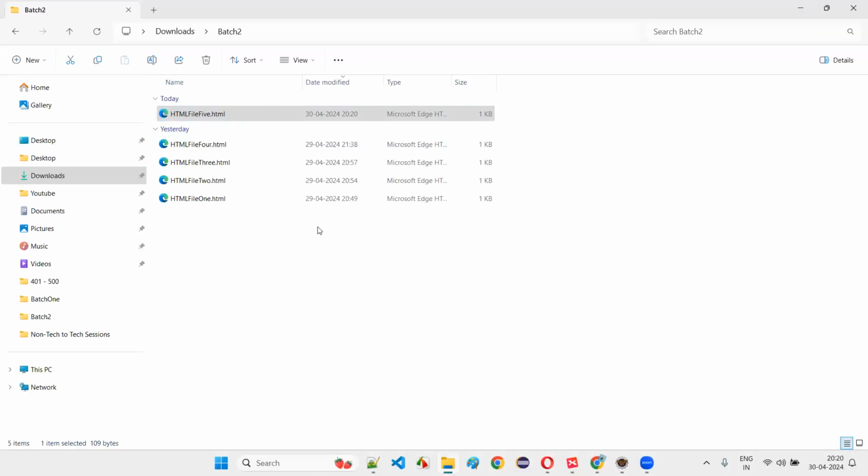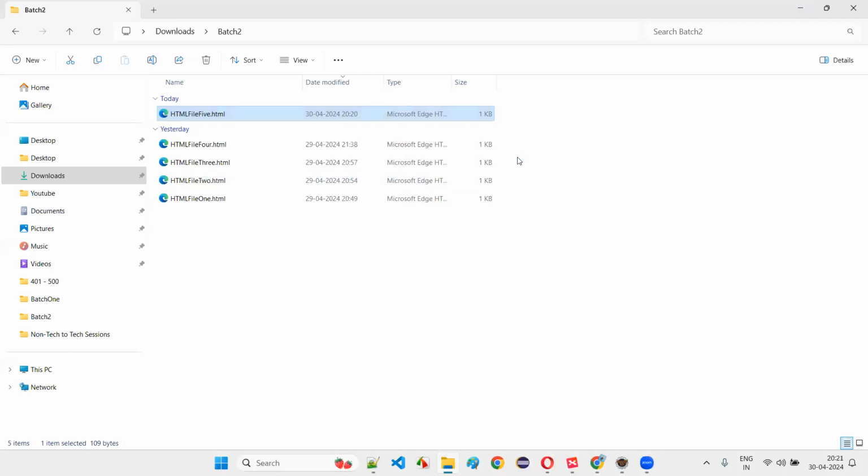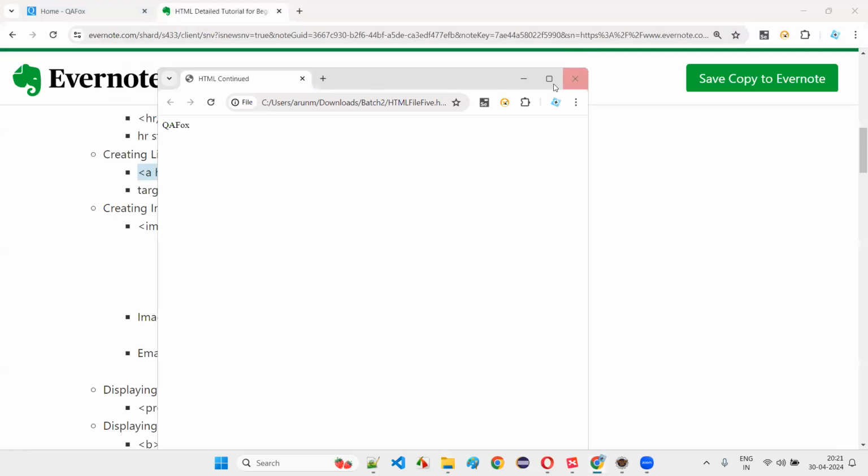You can also open in Opera browser if I want. You see, it's taking a lot of time. That's okay. So you can see on the top, guys, what is the title of the page coming, or I'll just open that in Chrome browser, guys, which we are habituated to. Right click, Chrome browser. This looks very good for me. Yeah, this is a page that got opened.